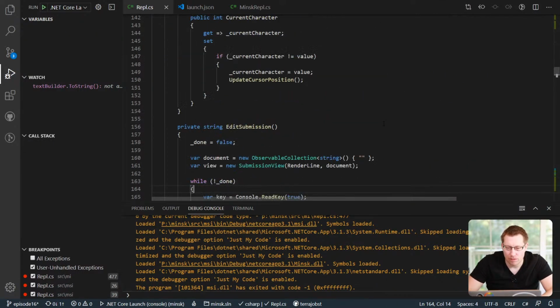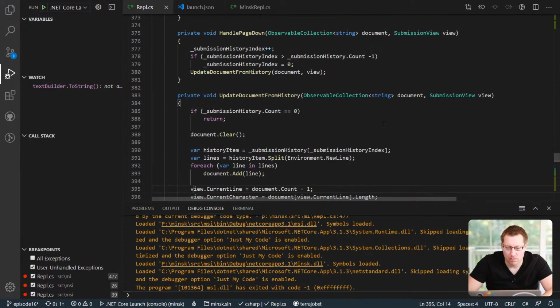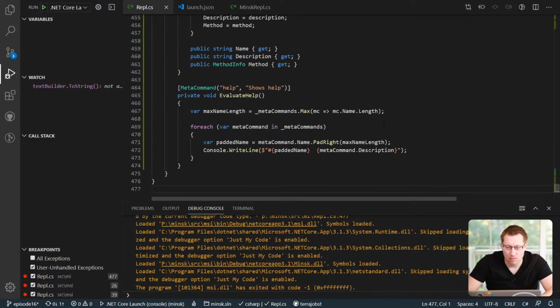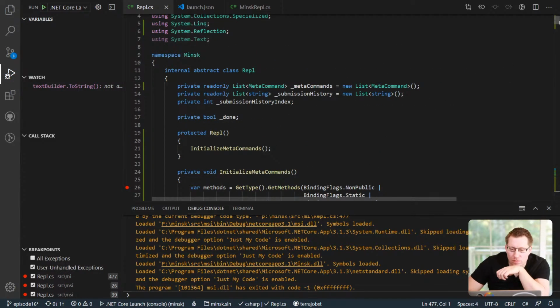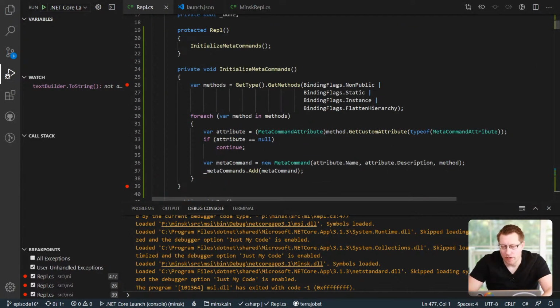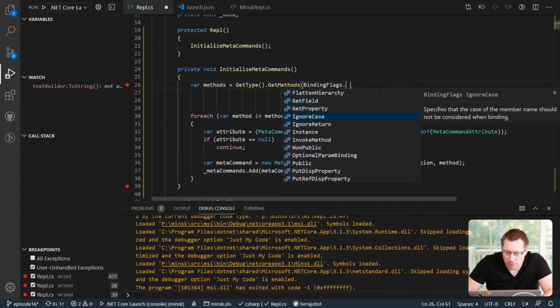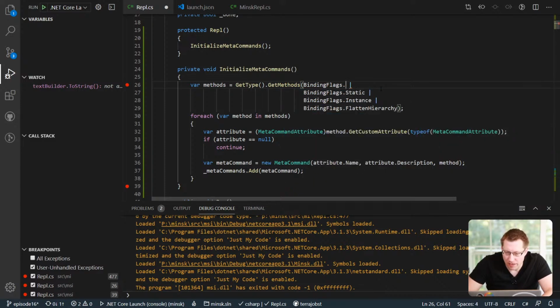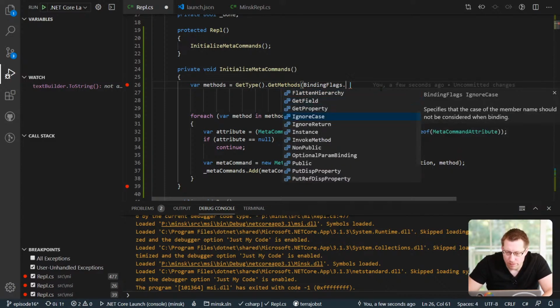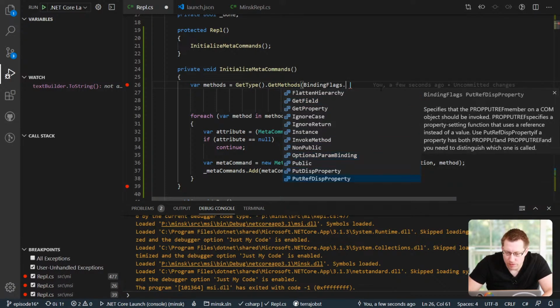Okay, so maybe I was wrong. I'm very confused by that. So why don't we see this one? Okay, what else do we have? We have instance, yes. We have static, we have